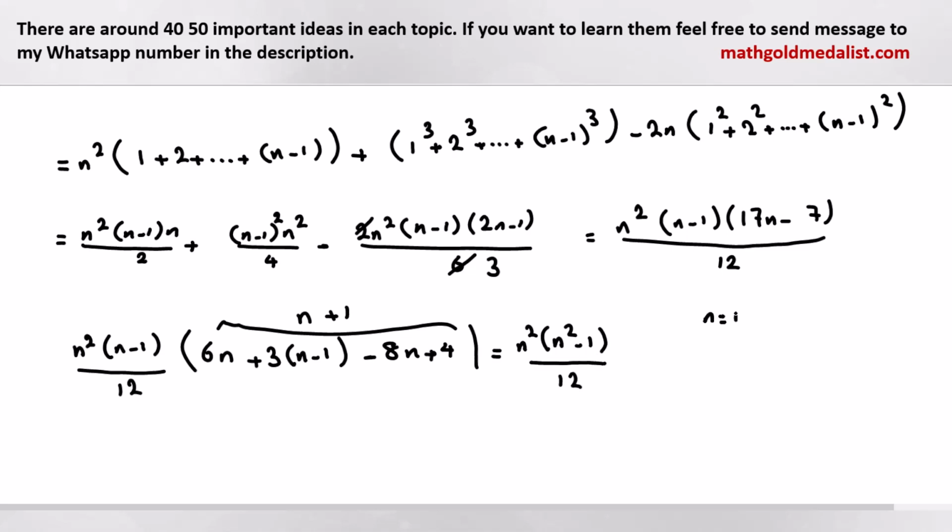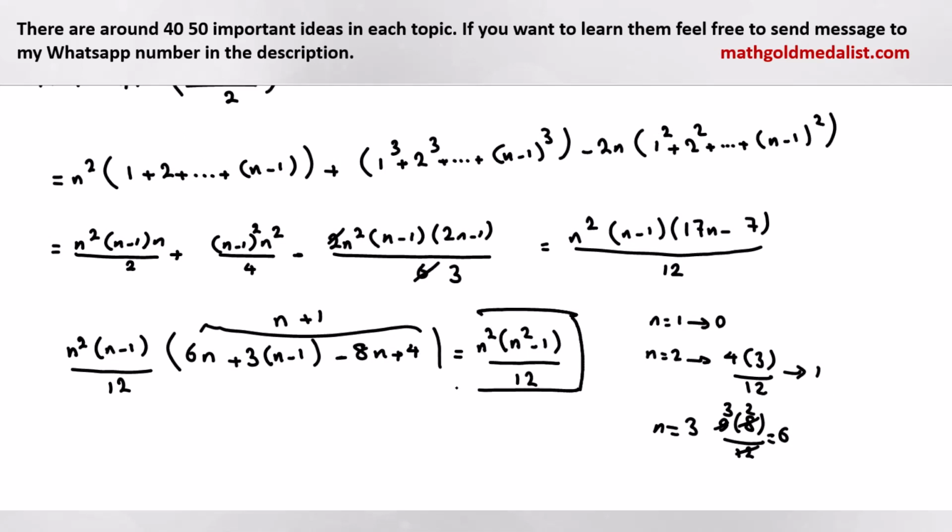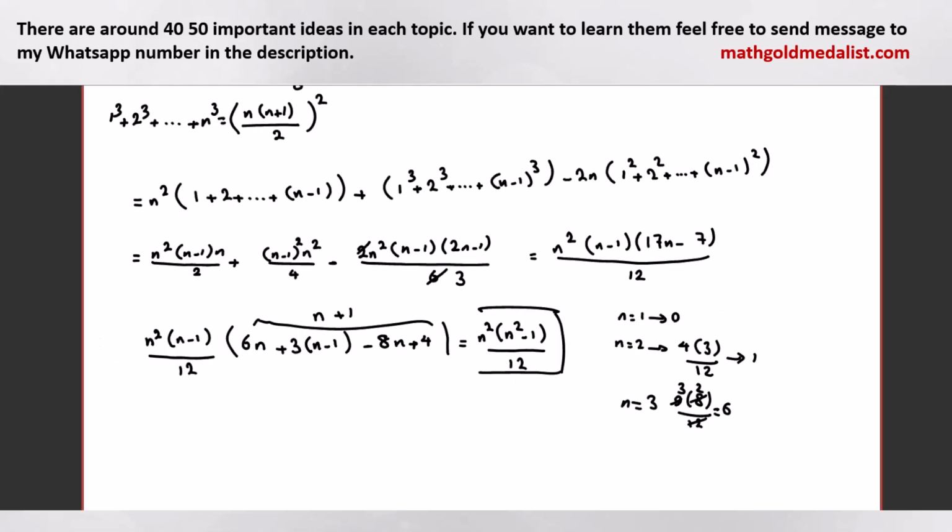So for n=1 it is 0, that's correct. For n=2 it is 4 times 3 over 12, it's 1, it works, right? Let's check n=3. For n=3 it is 9 times 8 over 12. So you can cancel 4 here, 2, 3 here, 3, 6. It's correct, right? So our answer is this. So let me tell you, as you said, for